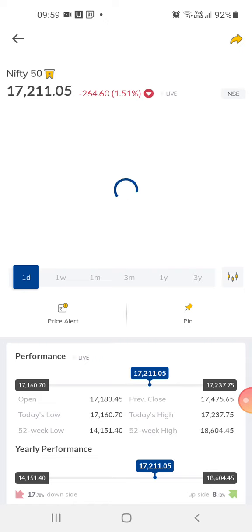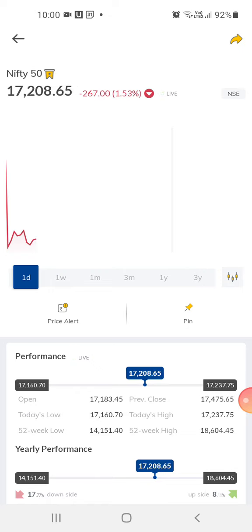Okay, now see, you need to keep in mind what the market is right now. It's going down by 264, 265. Okay, it's gone down by 265. So the red thing is not important. You need to check this: 17,210. So you need to have a little bit of idea as to whether the market will still go further down, or it will trend towards 18,000.